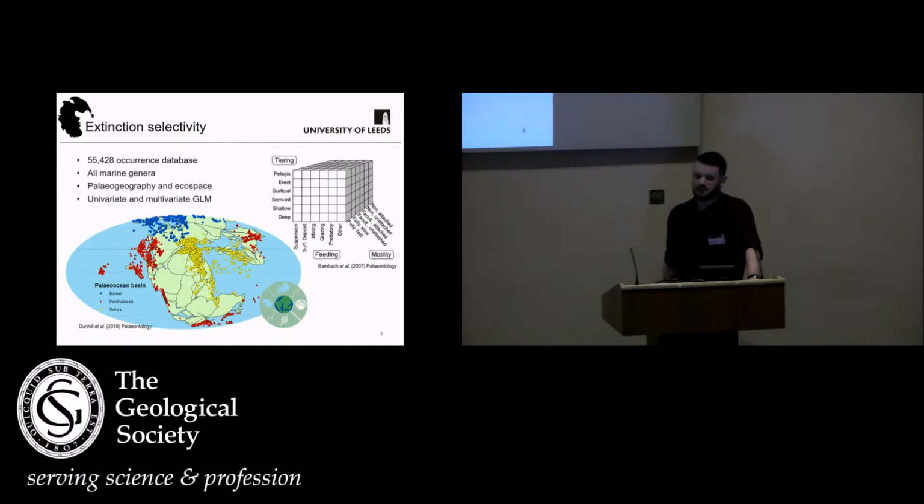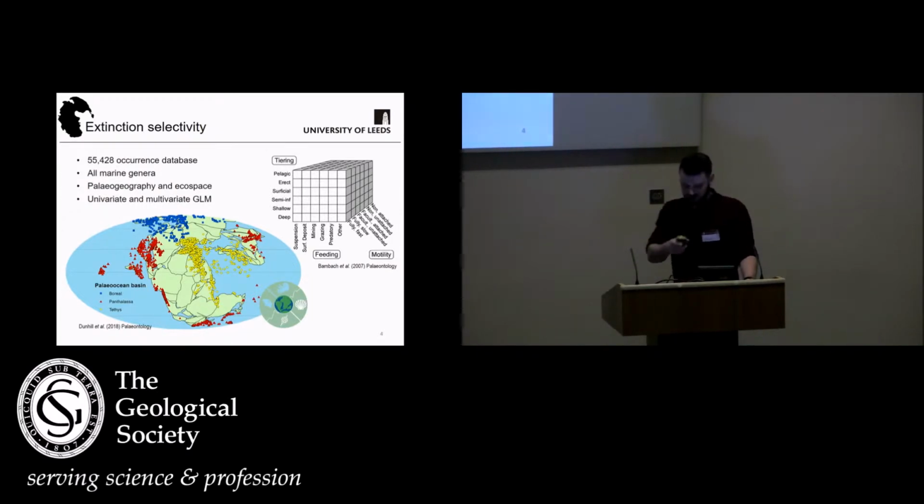So what we wanted to do was look at extinction selectivity across these two events and in comparison to the background periods either side of the extinction. So we have a huge fossil occurrence database derived from the Paleobiology Database. It's all marine animal genera, I should say. And with this data for each fossil occurrence, we have data on paleogeography, so paleolatitude, paleo-ocean basin, depositional setting, and then also ecospace data that we applied via the Bambach ecospace model, so things to do with tiering, feeding and motility. And then we performed a number of univariate and multivariate generalized linear models to predict extinction based on